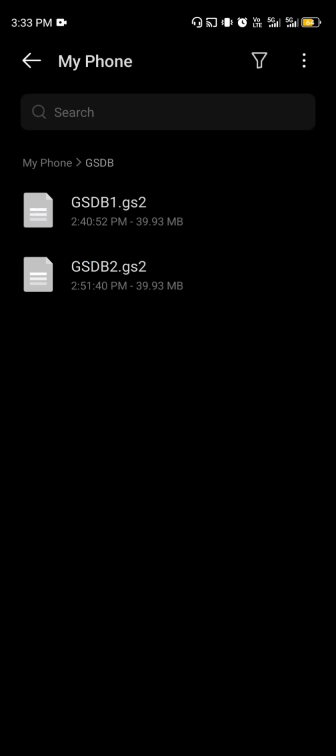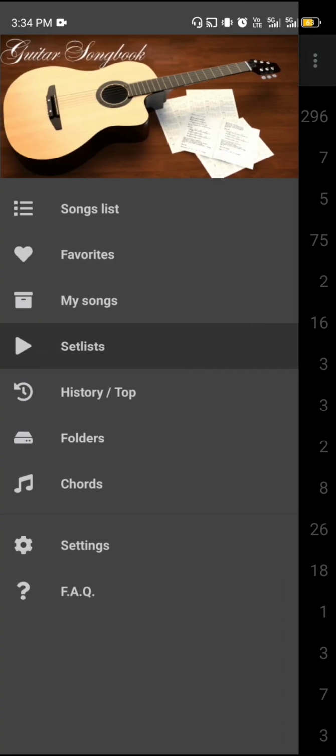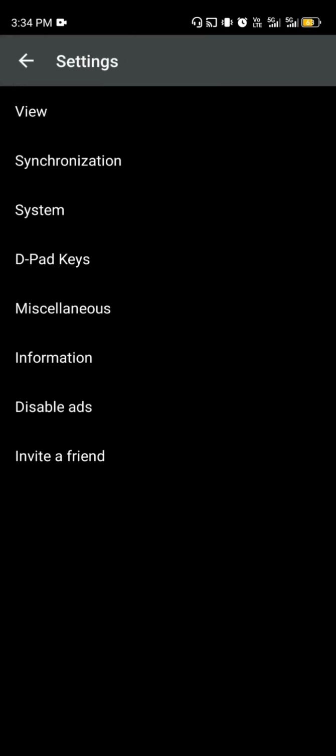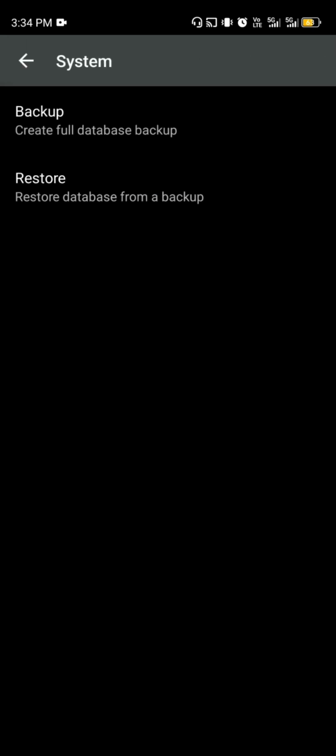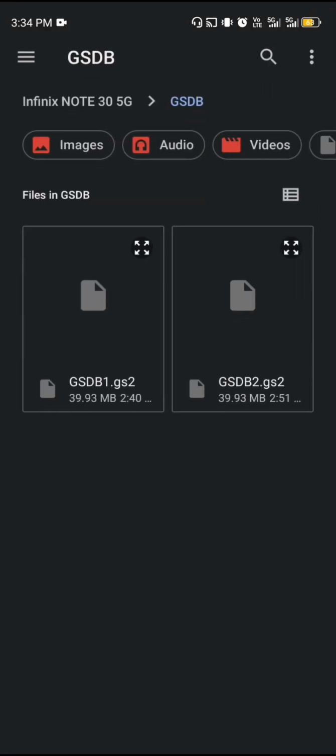Now that I know my file location, I will go to the Guitar Songs application again, then go to settings, then press system. It is where you will have the choice to export or import a database. So press restore, then press file system. So here, it is already on the file folder I have made, but I will show you how you can find your file path manually.